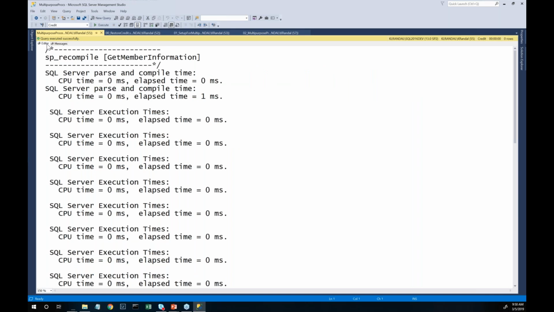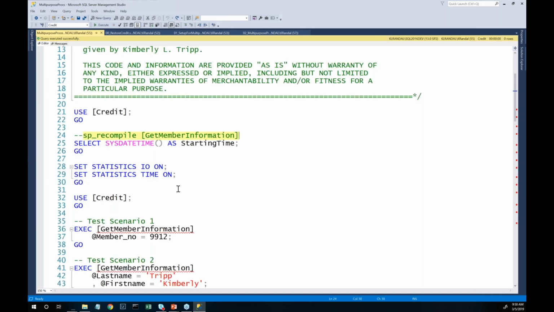Now that gets rid of essentially the plan from cache. It really doesn't. It does something called invalidation, but essentially the next execution will get its own plan. And since I'm the only one on this machine, I'm the only one controlling that, right? If you're on a production server, who knows who's going to get there next, okay? But what's cool